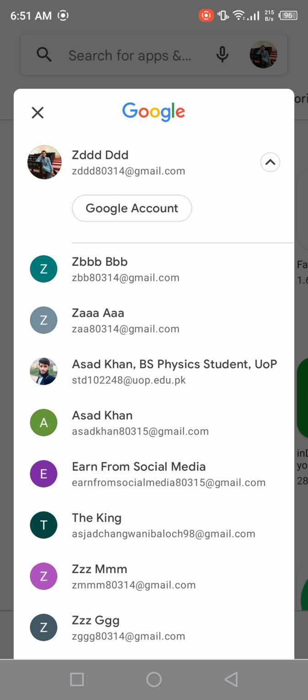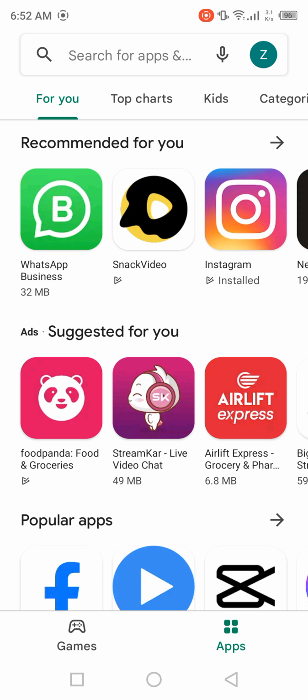Let's say for example I want to download the game by using my account, zbb80314@gmail.com. So I will click on that. Once you click on that, the main home page of your Play Store or any other app store will open. Now here you have to search for the application